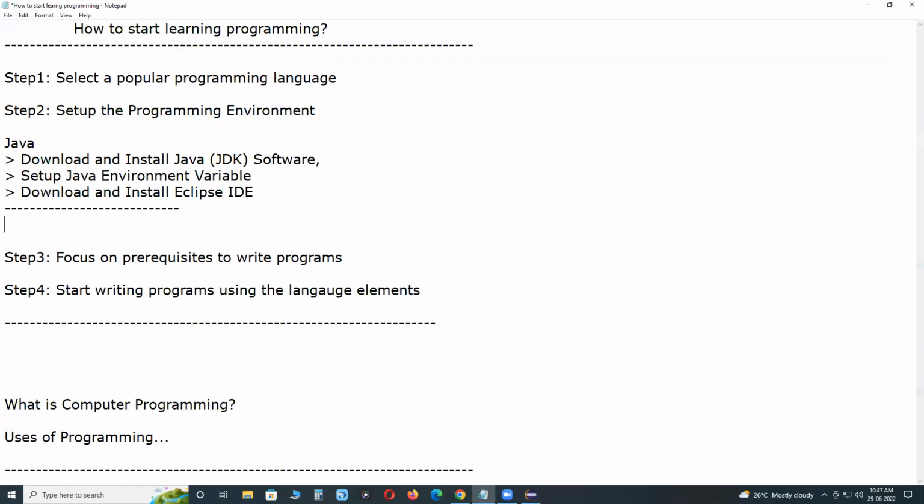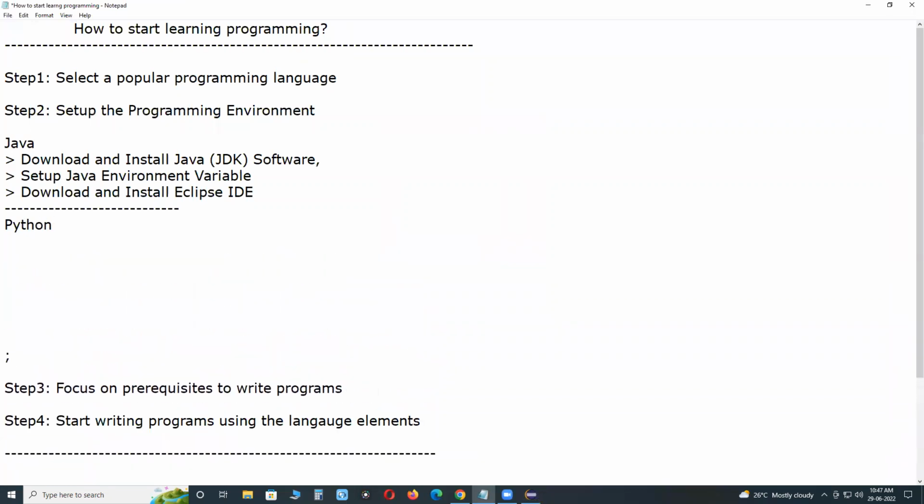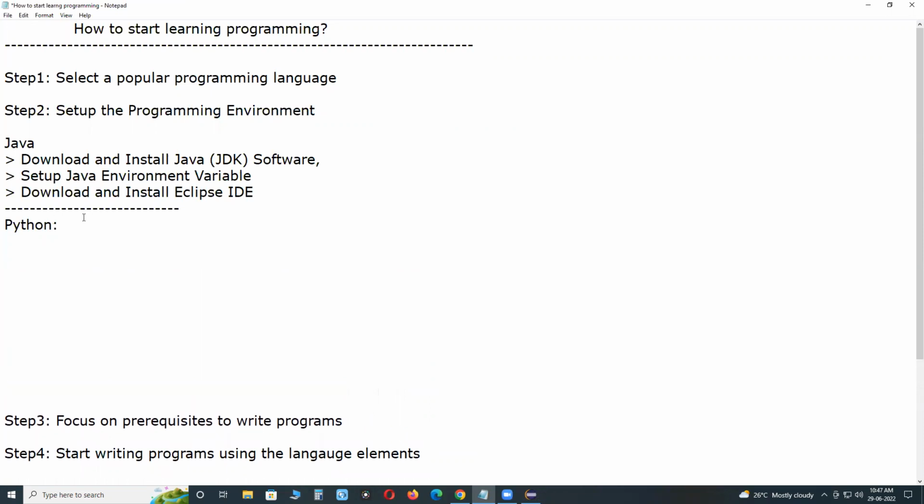Next, if it is Python, Python is also open source. You can download and install Python free of cost. And one more thing, Python is also cross-platform. You need to download your operating system compatible software.